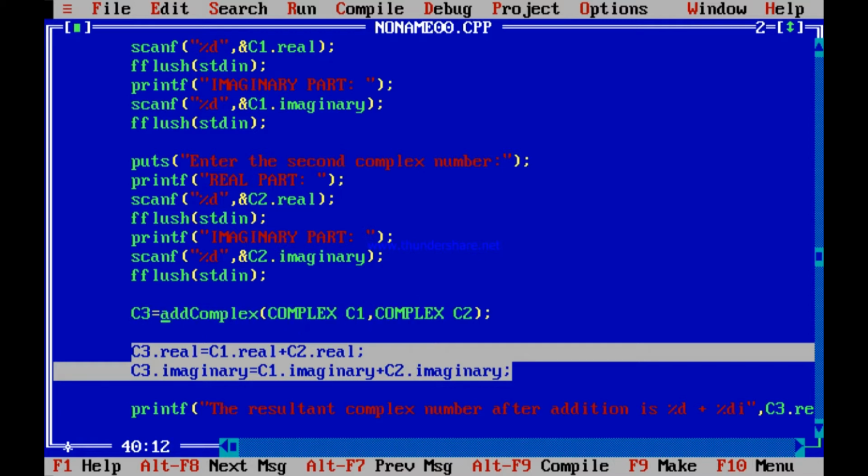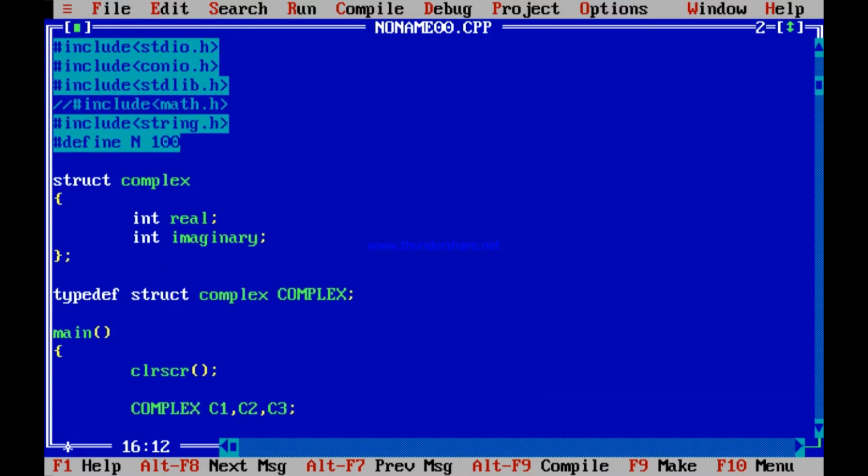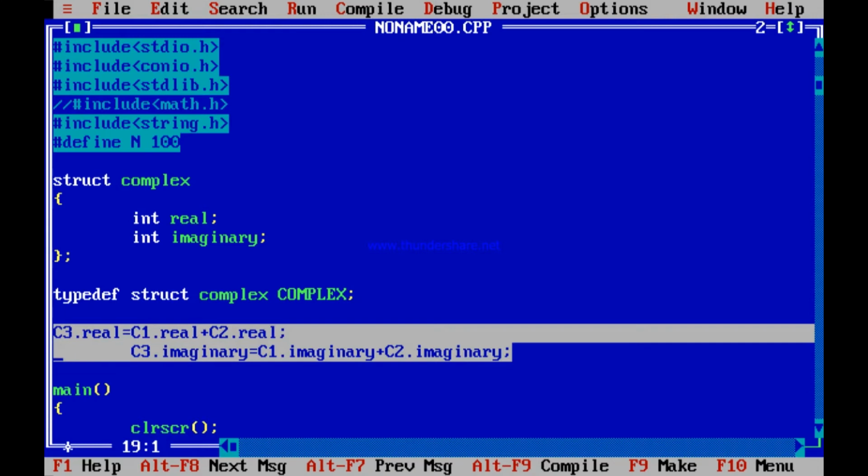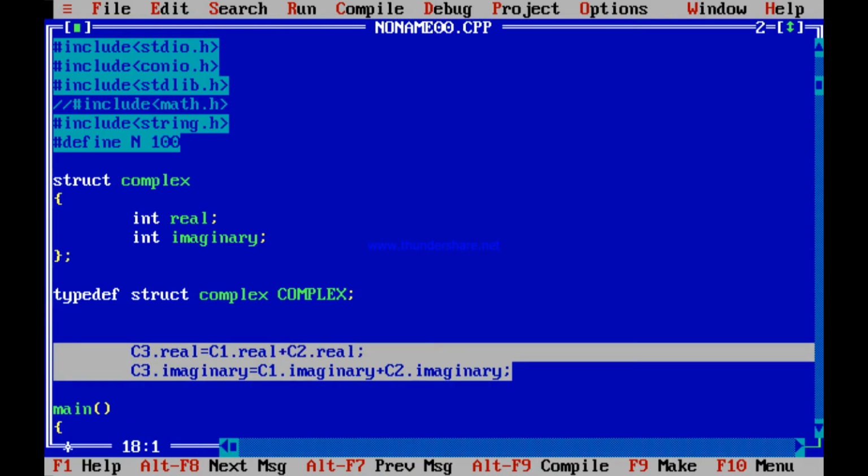That may be possible. So this part I have copied. This part I just put maybe in another function. I just paste it. So I paste it means this is now maybe a part of a function. That function is nothing but the add complex function. Is not it so? The add complex function I was talking about. Now that add complex function must be receiving two variables, complex C1 and complex C2.